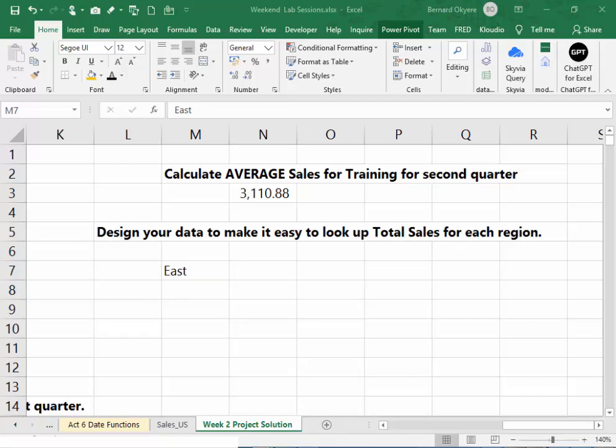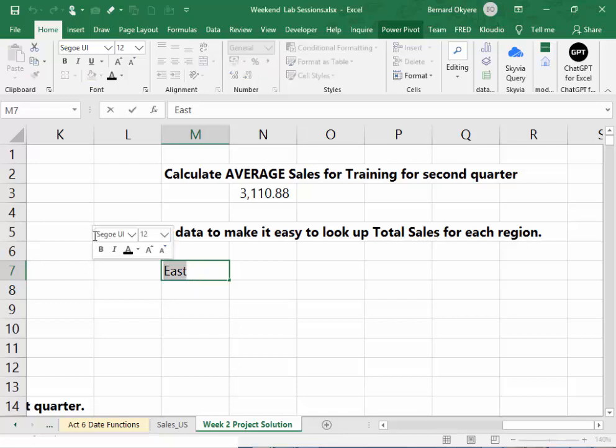Let me see the one which is very easy for you. So we just learned the INDEX and MATCH functions. Remember, every activity in a week is supposed to solidify whatever you learned in that week. Great. So we are going to use the